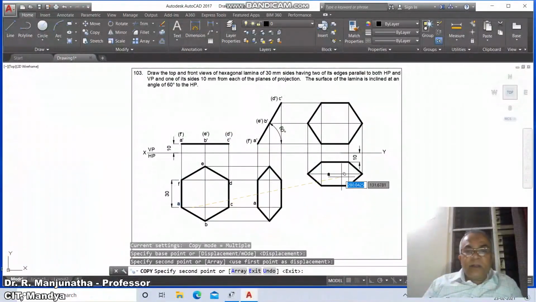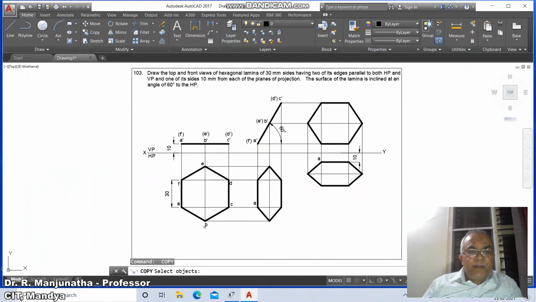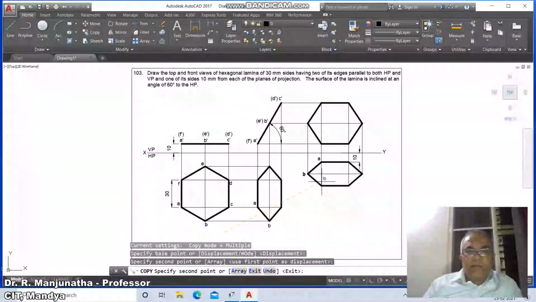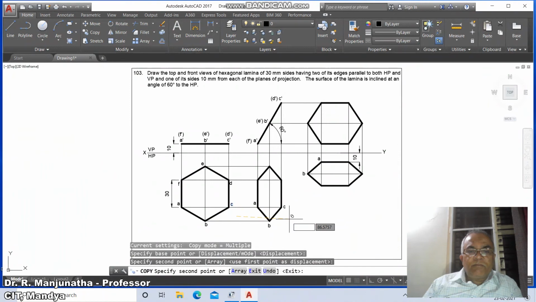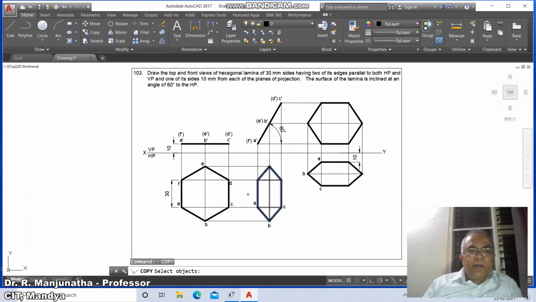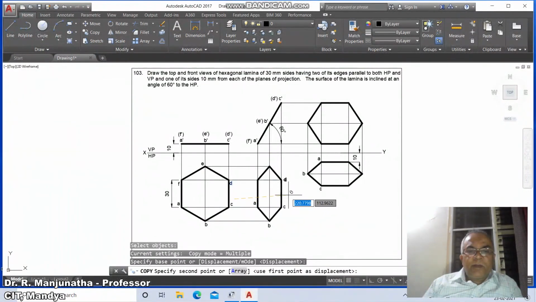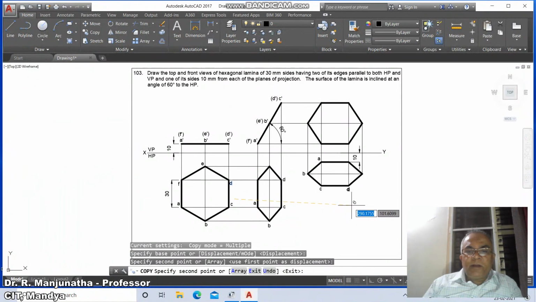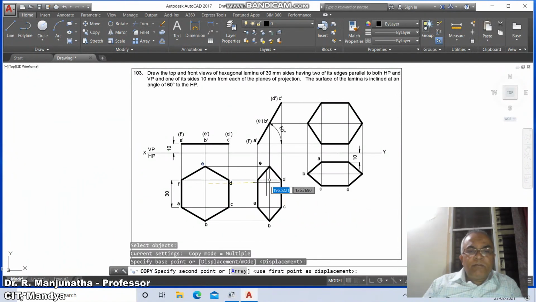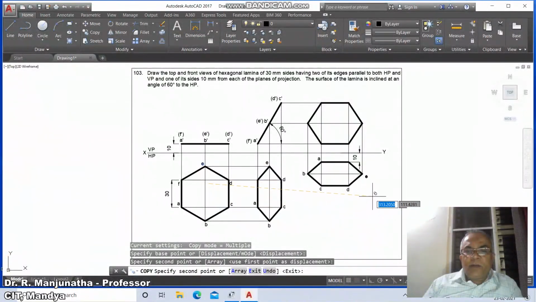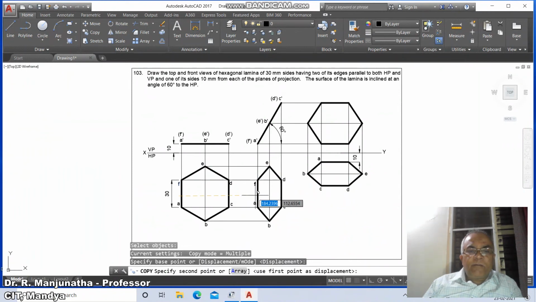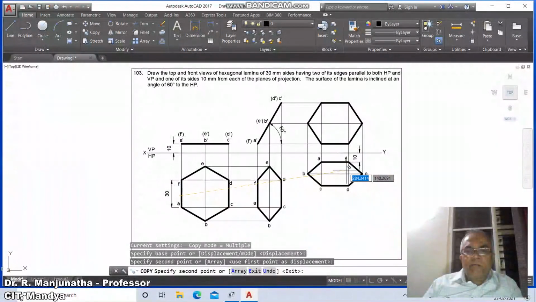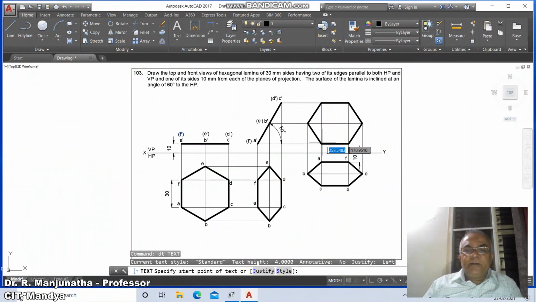So then this point A, similarly B will come here and B will come here, then C will come here and C will come here, then go to D and that D will be here, then take E and you take E here, similarly F, you take F and you take F here, then go to dtext.